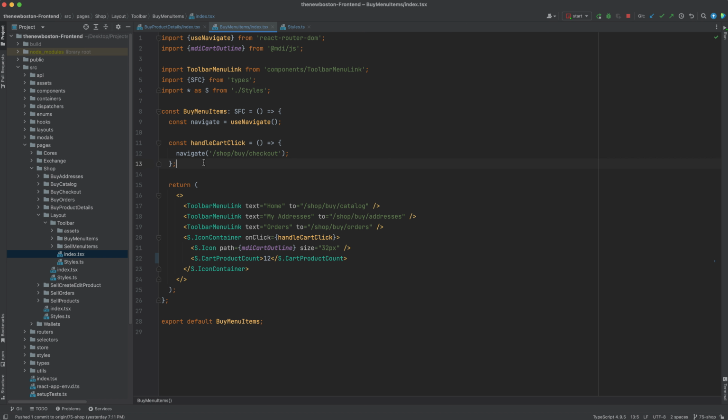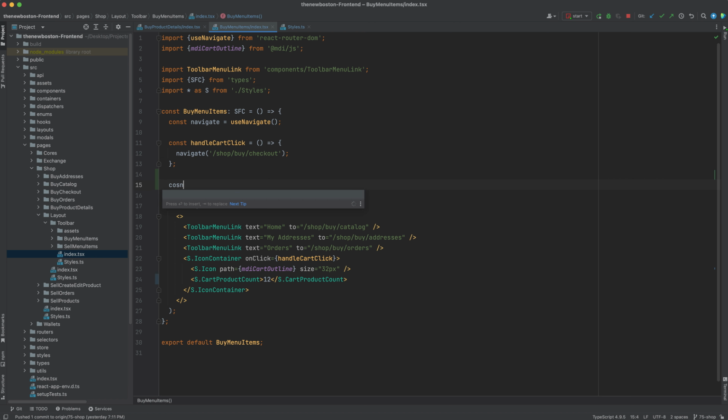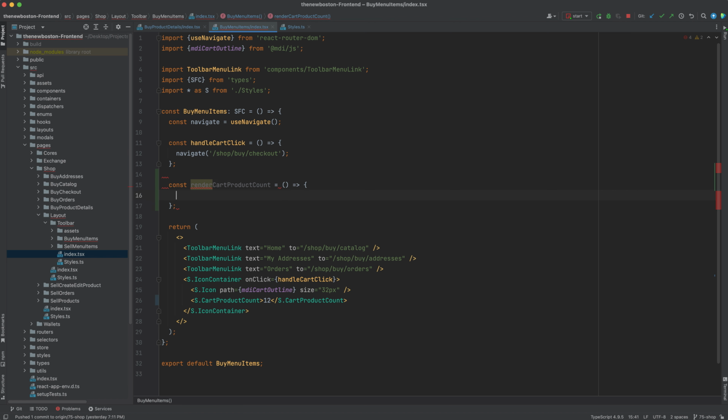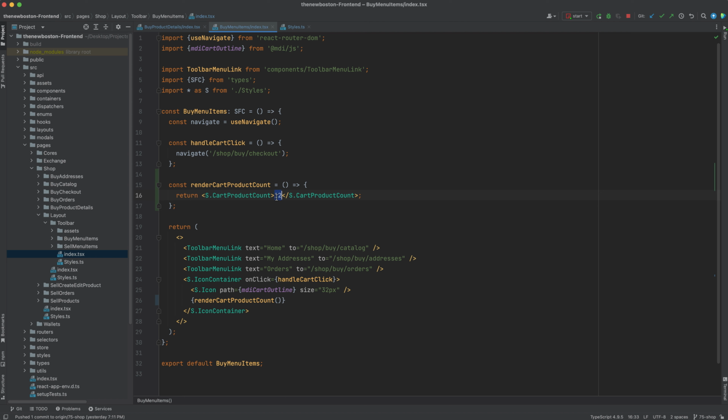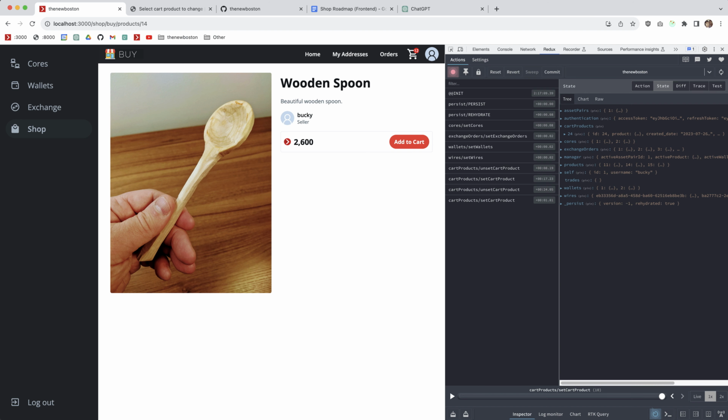And let me make this a separate render cart product count, since we're going to have a bit of logic in here. All right, so render cart product count. First, let's just make sure nothing broke. And then let me change this to something else just to make sure. Okay, so what we want to do is we only want to render this if there is a cart product